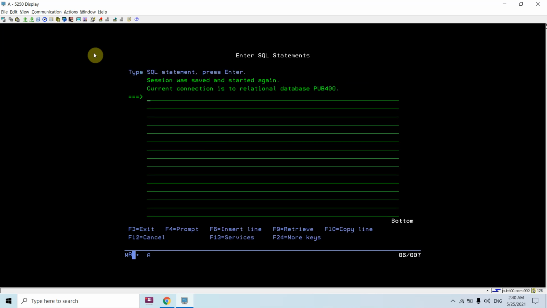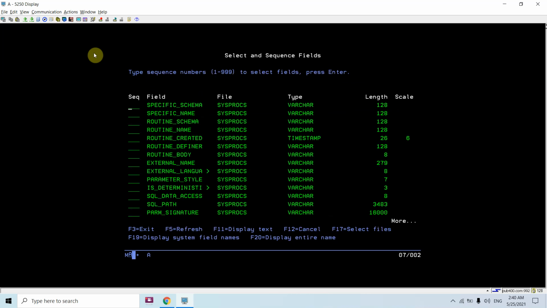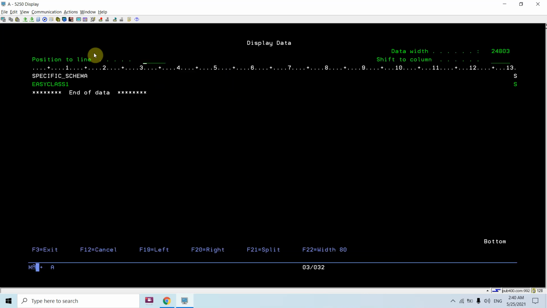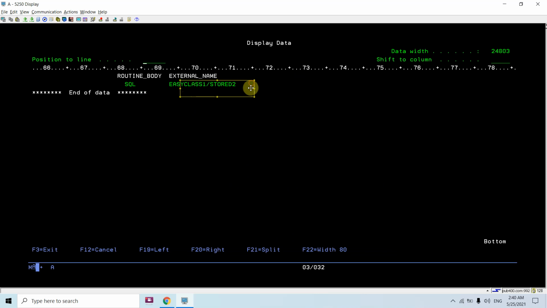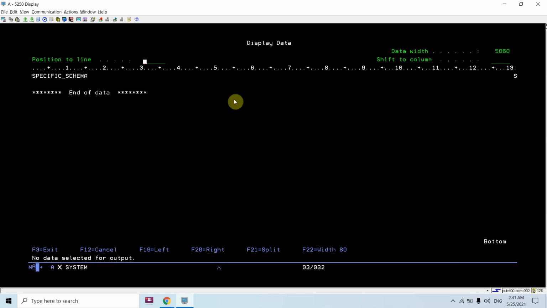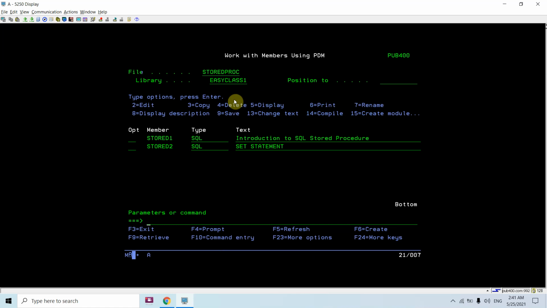Let's check the entry in qsys2.sysprocs for the procedure. For a function it's sysfuncs. Let's search with the specific name. So you can see it's calling that stored2 program from this library. If I look at sysparams, I won't find any entry because there are no input or output parameters to this.